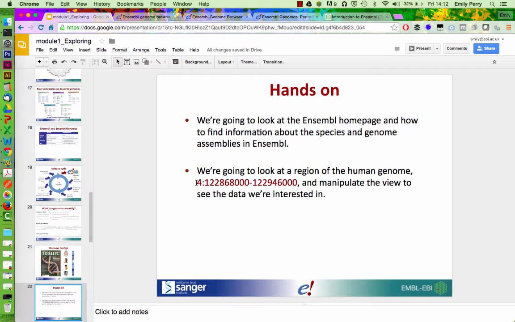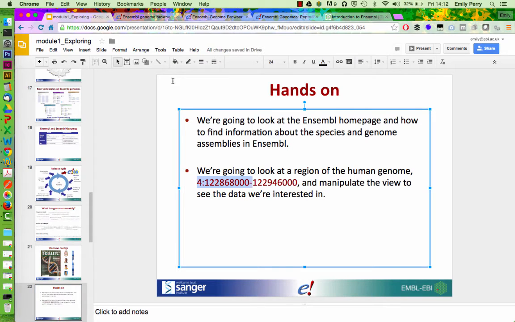But you can also search for coordinates. Now when you search for coordinates, you don't actually want it to use the normal search because the normal search is using words. When you're searching for coordinates, you want it to know that they're coordinates and kind of bypass that. And the way to make sure it knows that they're coordinates is to use the correct format. Now the correct format for coordinates is to start with the chromosome number, followed by a colon, then the start coordinate, a dash, and then the end coordinate. Note that there are no spaces in this.